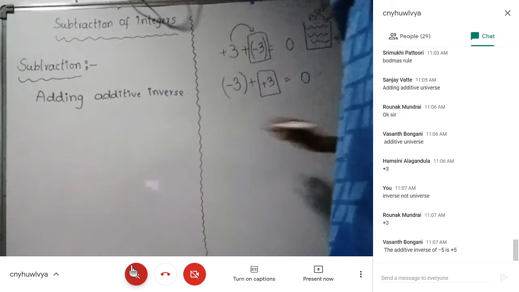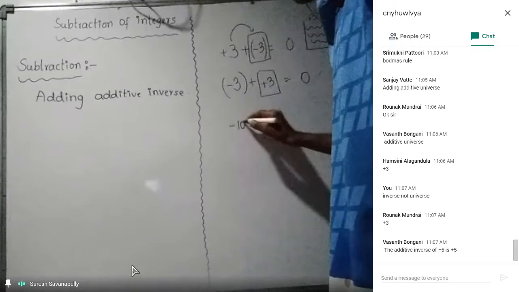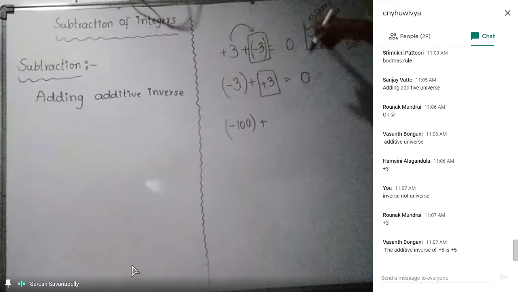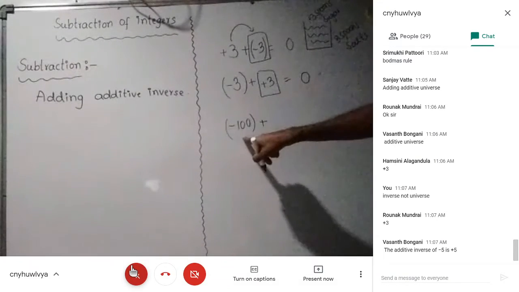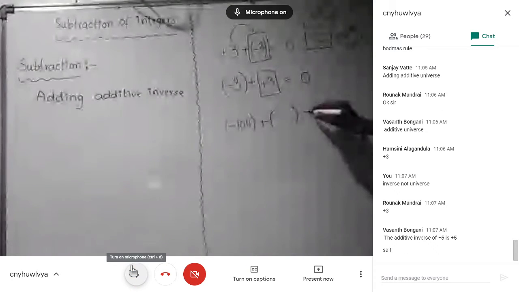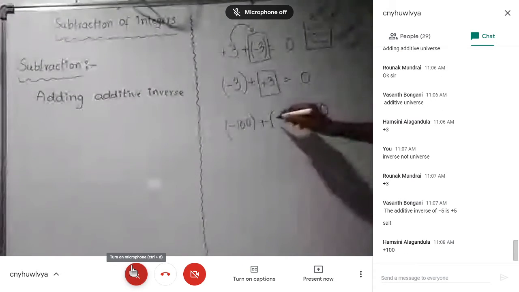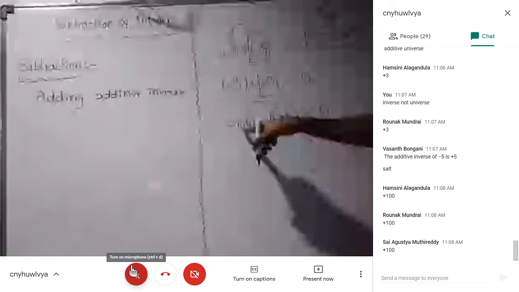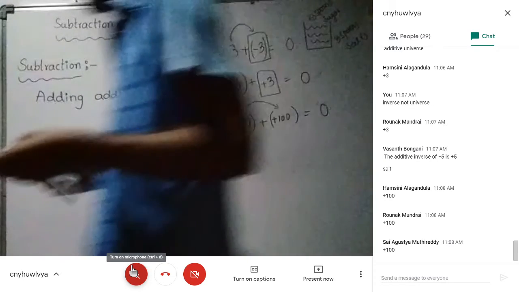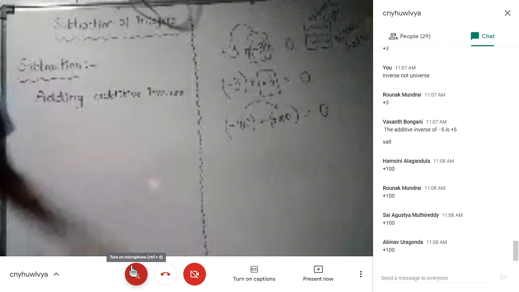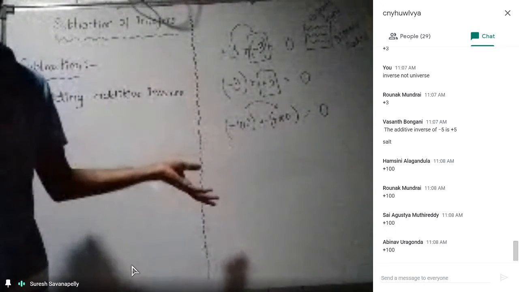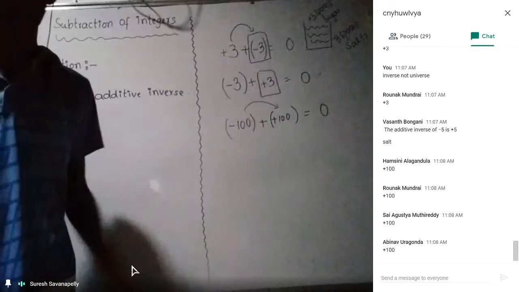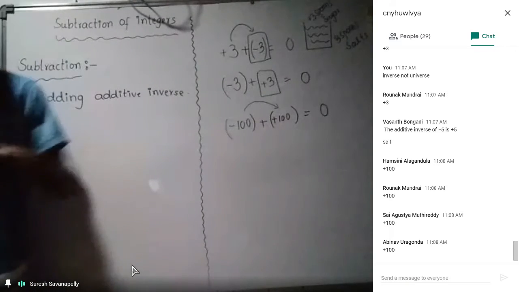Now you tell me, for example, there is a -100. That means there is a glass of water in which 100 spoons of salt are there. What should I add to make this solution neutral? We need to add +100, and this +100 is called the additive inverse of -100. That's what the additive inverse is. It is nothing great, it's all general topics only, but we convert the general topics into maths numbers, and that becomes mathematics.